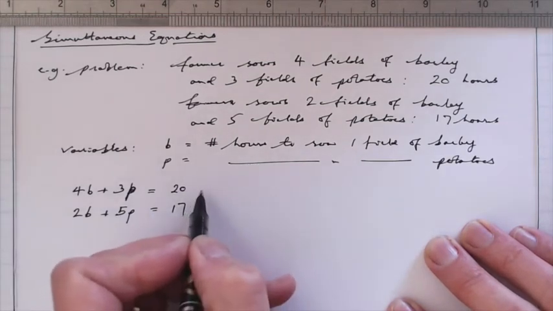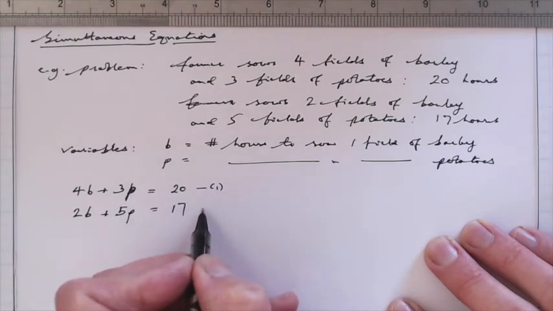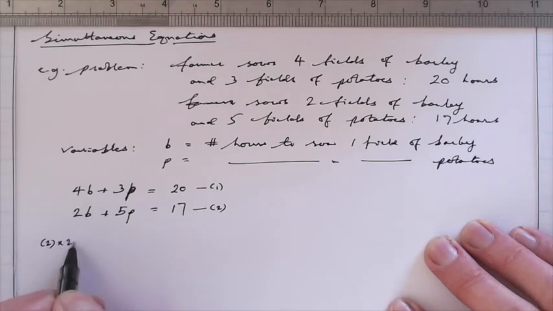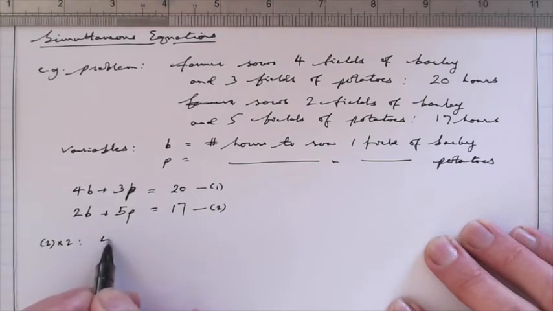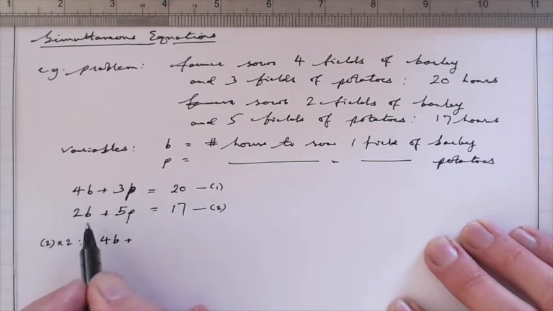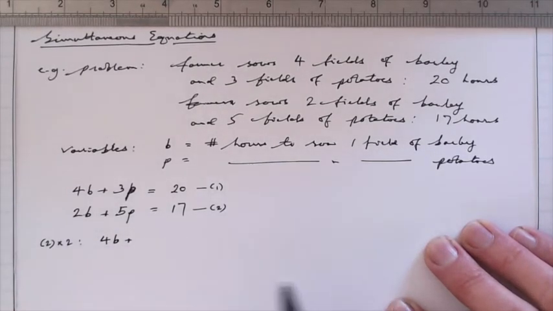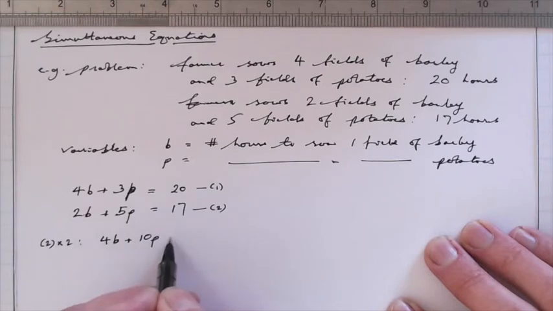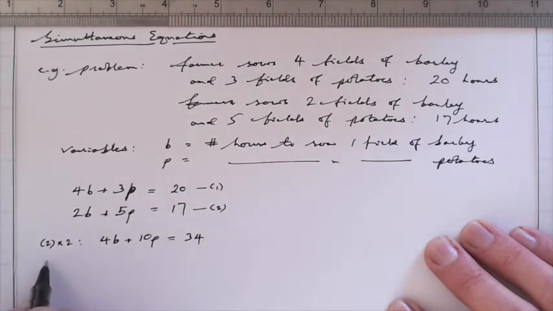So let me actually number these equations. Let me call this equation 1 and equation 2, and I'm going to multiply equation 2 by 2. And I therefore get 4b plus, and when you multiply an equation, you have to multiply every term by the same factor. So 2 times 2b is 4b, plus 2 times 5p is 10p, and then equals 2 times 17 is 34. Now, if I write equation 1 underneath that,